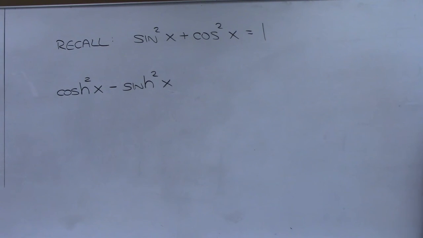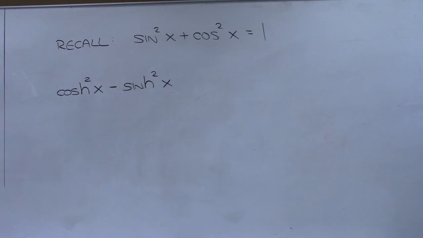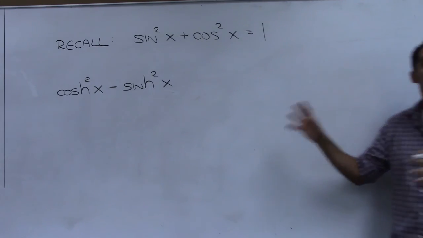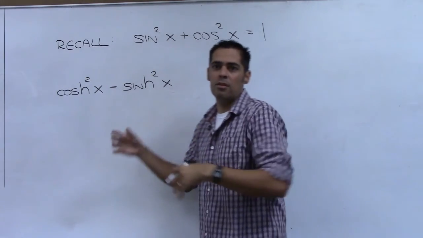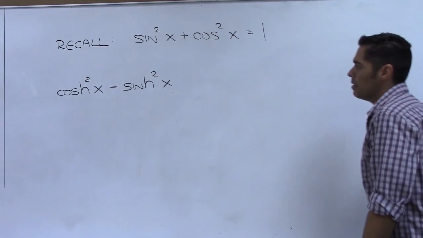Questions? Now, you will not have to constantly prove these identities. There's a bunch of them, and I'll show them to you. You can start to see them right there. There are important identities with the hyperbolics you need to know. I'm just showing you how you could prove one of them, and then you could go through and do those yourselves as an exercise. So how would we do this?